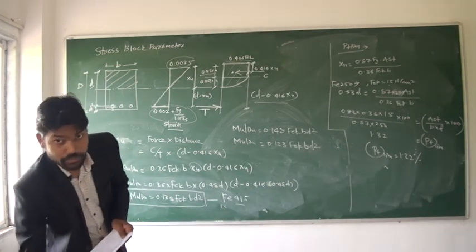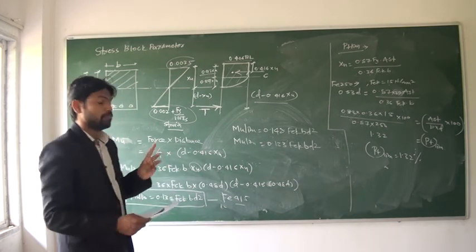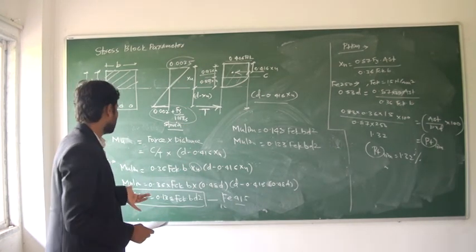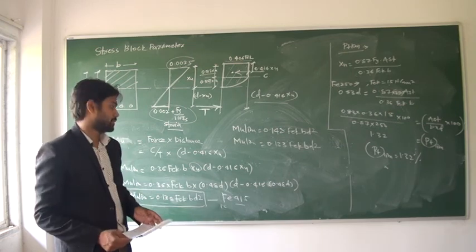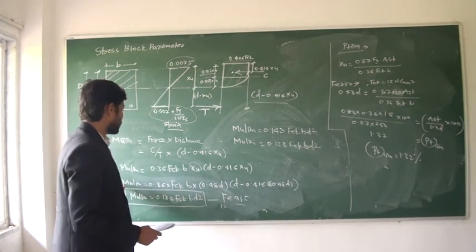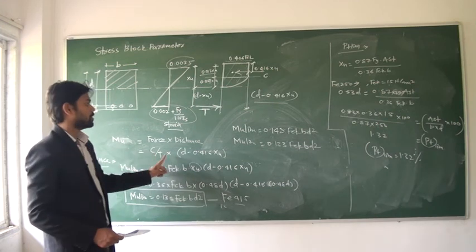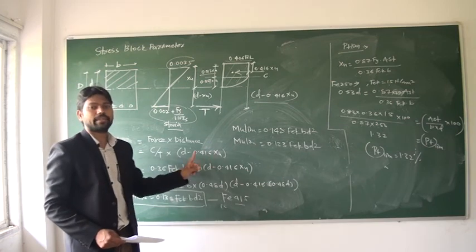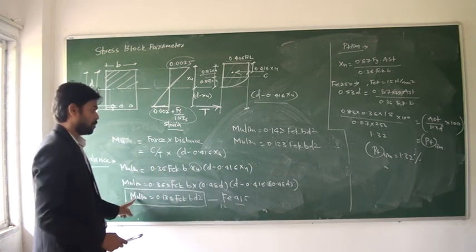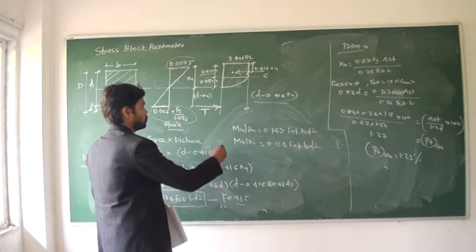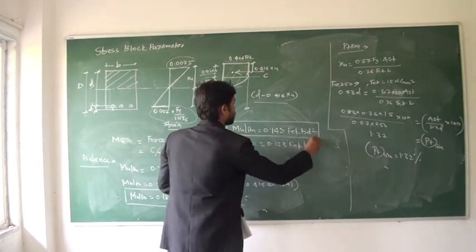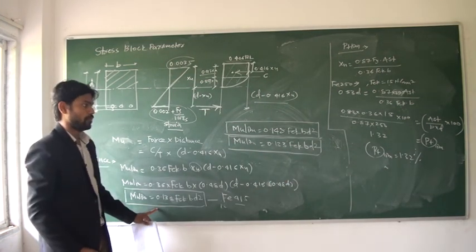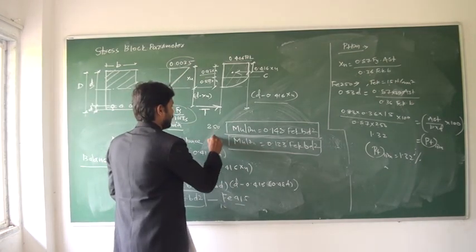So what we have seen today: we have seen the neutral axis constant, we have seen the PT limit and what is meant by PT limit, and we have seen this moment of resistance constant for the balanced section, Mu limit. If your section is an under reinforced section, this Mu will become tension into lever arm, means 0.87 Fy into AST multiplied by d minus 0.416 x. Now we are taking balanced sections. For a balanced section, you have to remember these three equations. These three equations are very essential. This is for 415, this is for 250, and this is for 500.